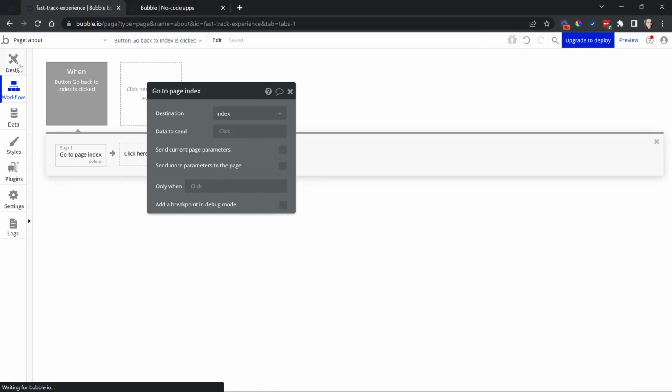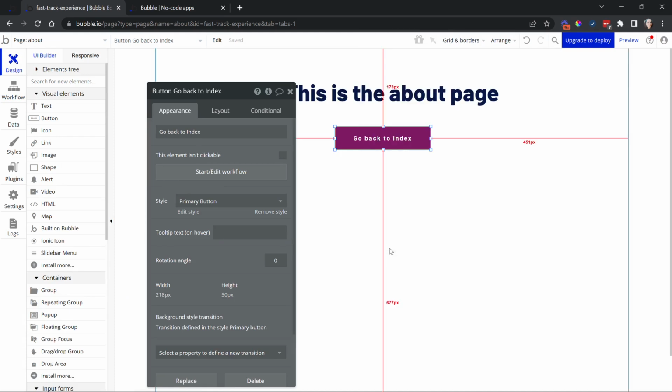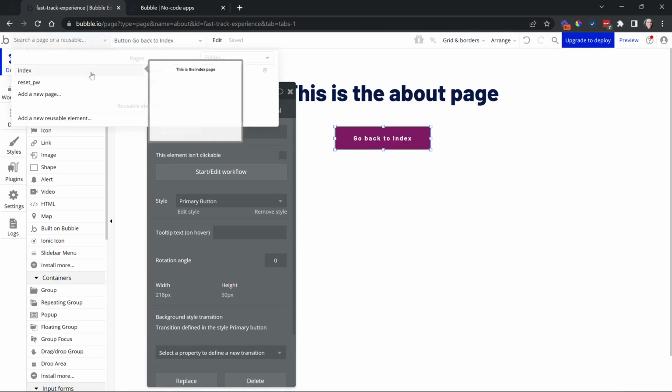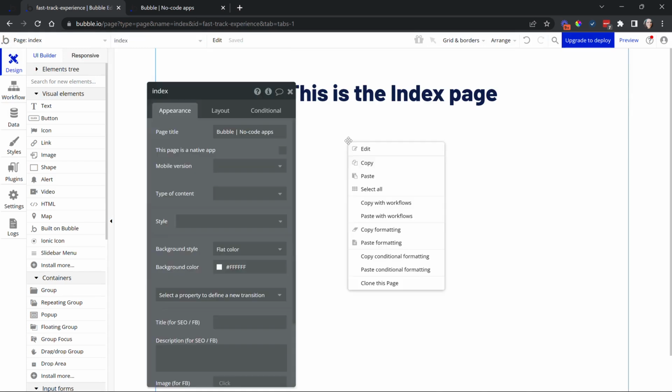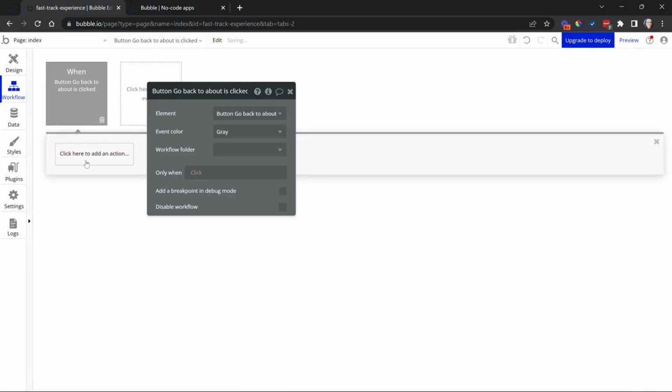Okay, I'm also going to go back to the design, right click, copy this button with workflows, go back to my index page, right click, paste this with workflows, and update this button, right? I'm on a separate page. And I basically just want to create a button to go back to the About page. So I have buttons going back and forth between the two pages. This is how you can create a menu system if you want to have multiple buttons for navigating between your pages. So we're going to say go back to About,